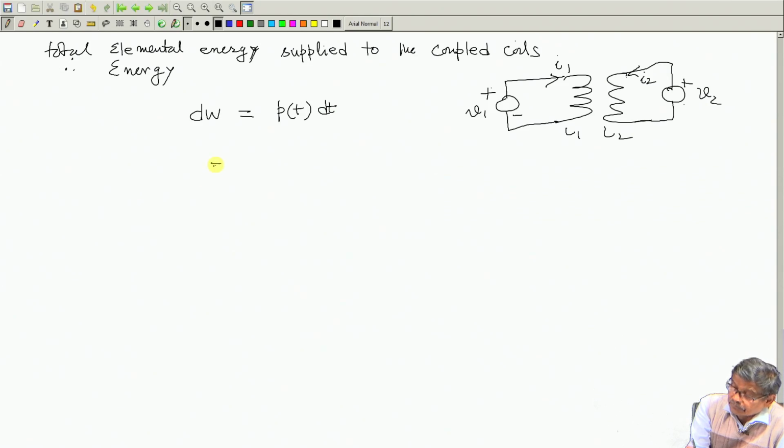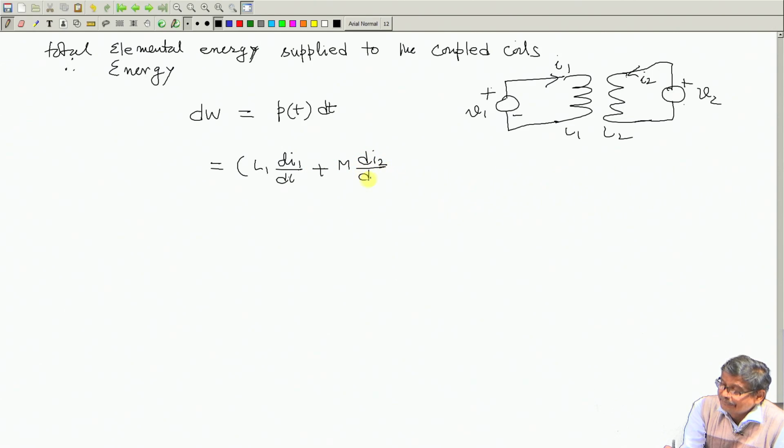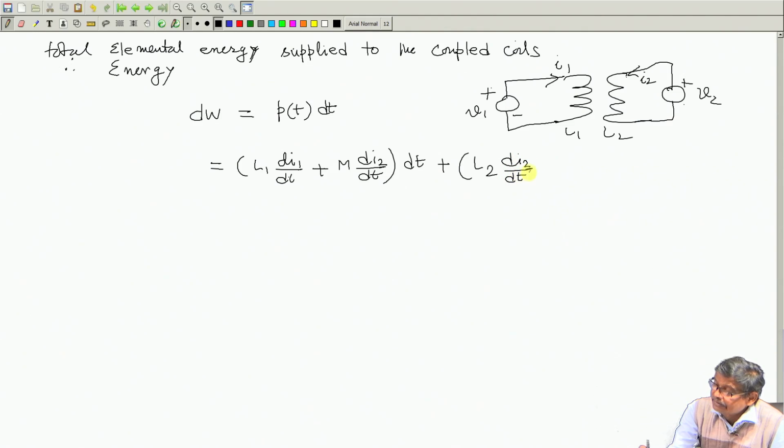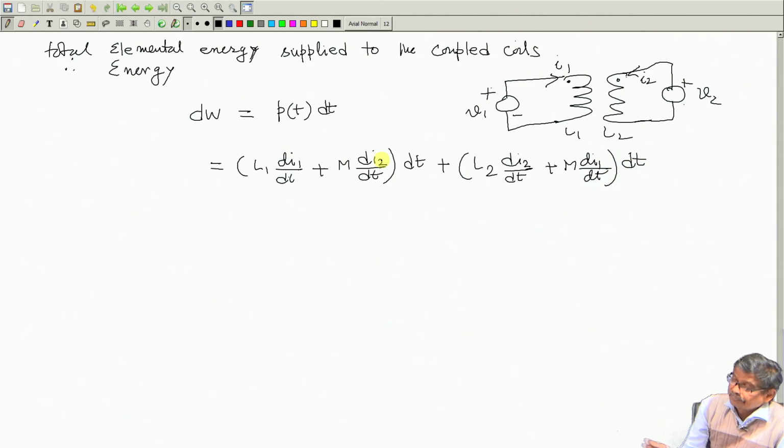So, it was equal to, we have seen, (L1 di1/dt plus M di2/dt) into dt, plus (L2 di2/dt plus M, and mind you, I have assumed the dots like this, M di1/dt), and this is also multiplied by dt. This will be the thing,